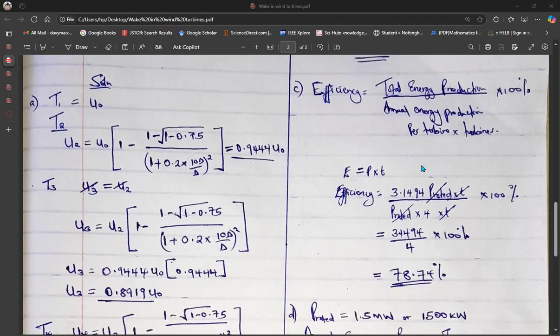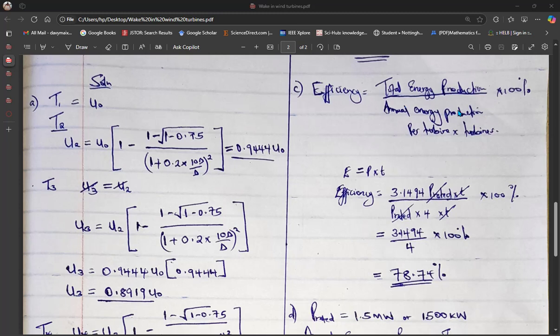And then we have the third part of the question. We are supposed to calculate the efficiency of the wind farm. Now we can see this formula: the efficiency is equal to total energy production over annual energy production. We just calculated the expected energy production, and we just calculated the real one due to the wake. So we just get that real,